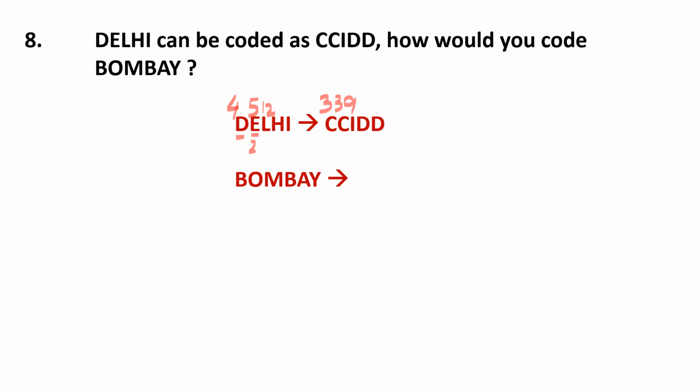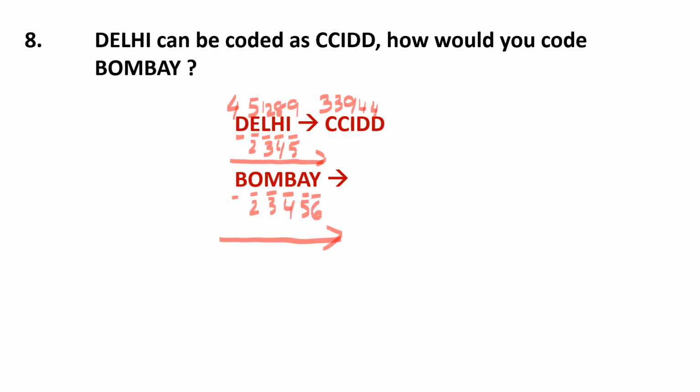9. 12, 12 minus 3 is 9. Next H is 8. Here D is 4. 8 minus 4 is 4. Next I is 9. 9 minus 5 is 4. So the logic is minus 1, minus 2, minus 3, minus 4, minus 5. So from the left hand side it should be minus 1, minus 2, minus 3, minus 4, minus 5, minus